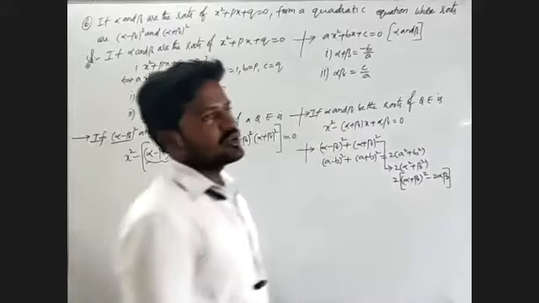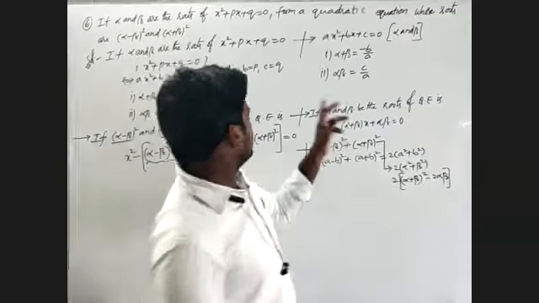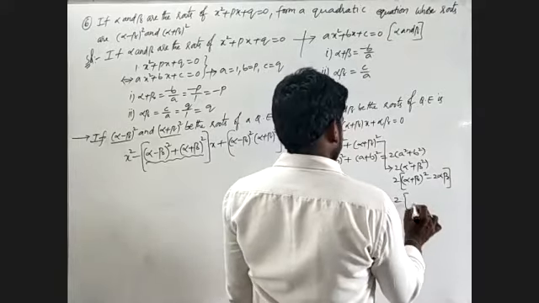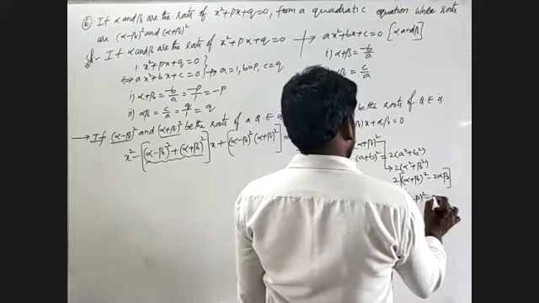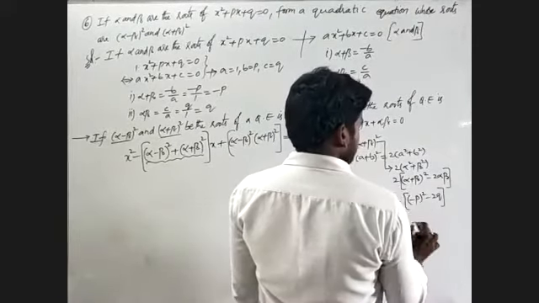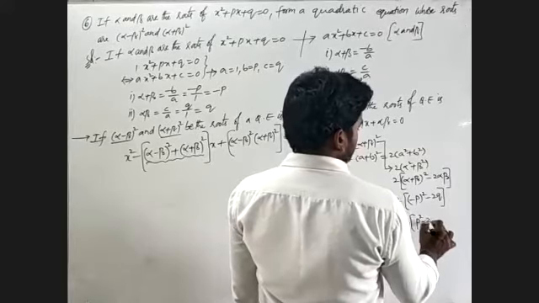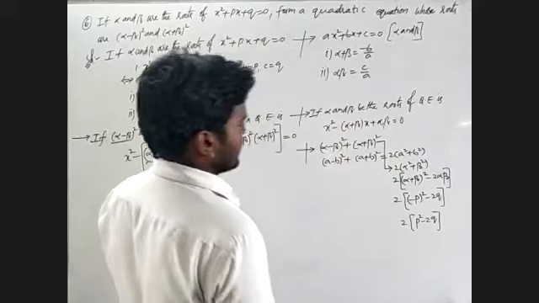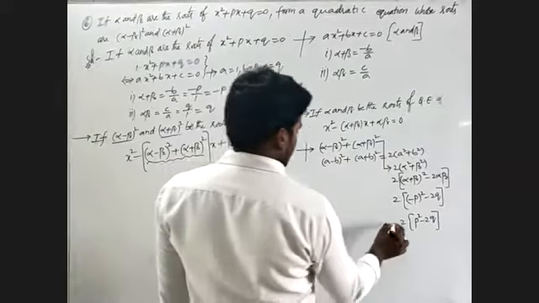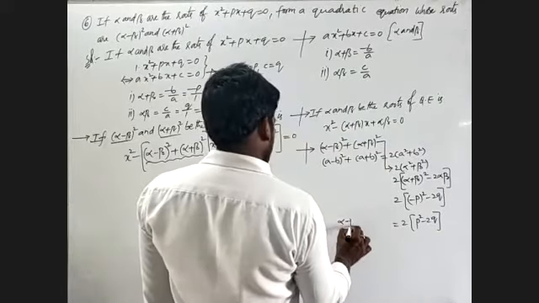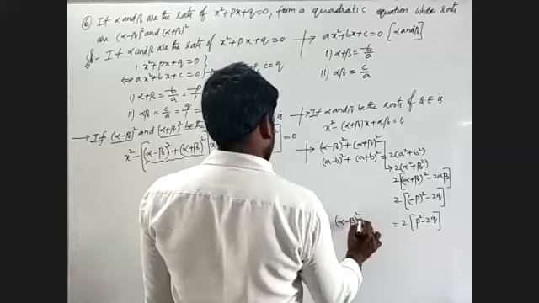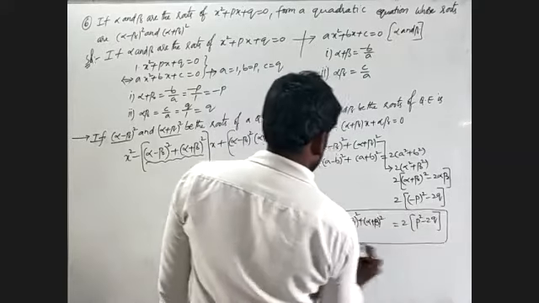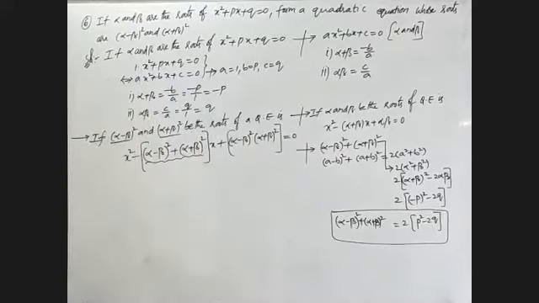We have to substitute the values, where alpha plus beta is minus p. After that alpha beta is q, that I will write 2 into (minus p whole square minus 2q). That is the value is 2 into (p square minus 2q). This is the value of alpha minus beta whole square plus alpha plus beta whole square, which is nothing but 2 into (p square minus 2q).